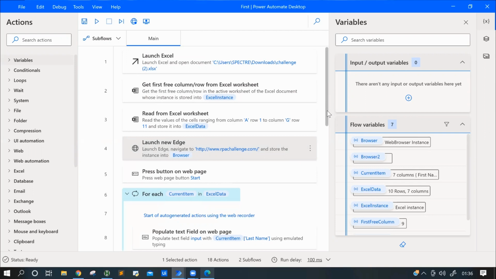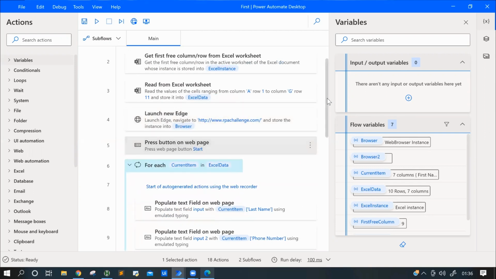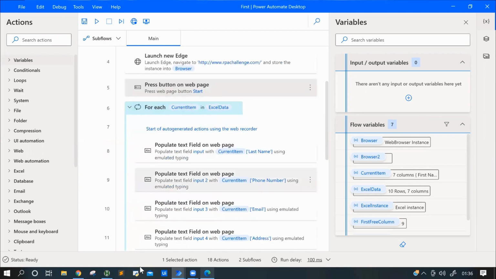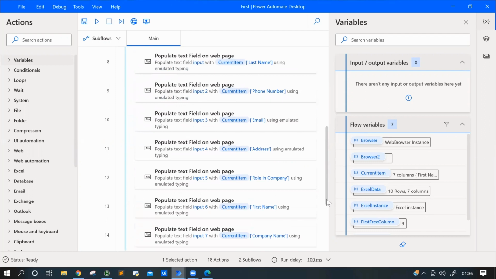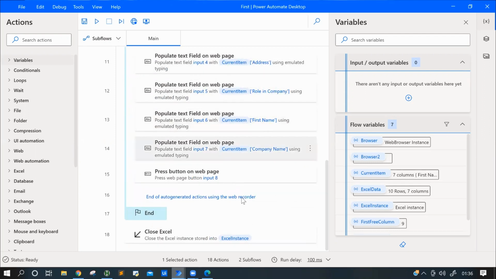Okay, and then we need to click on the start button, iterate the loop one by one, get the value from the Excel sheet: last name, first name, phone number, everything, and fill. This loop will run until you get the last row, and then close the workflow.